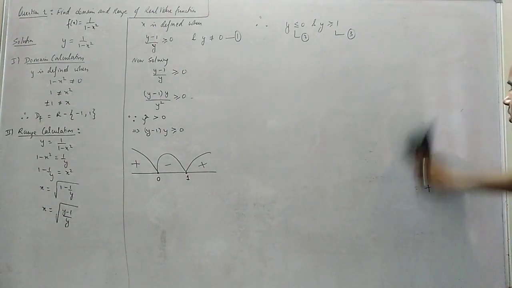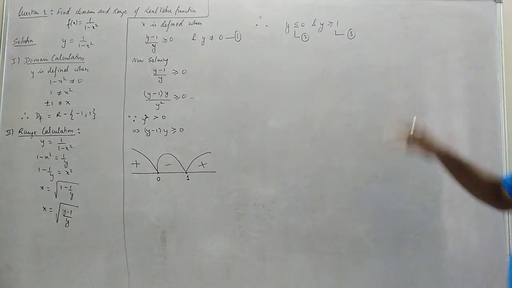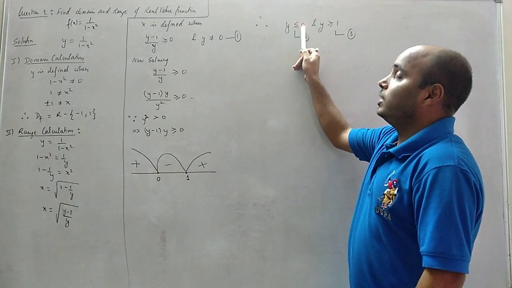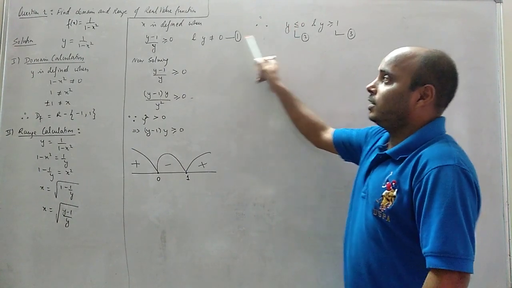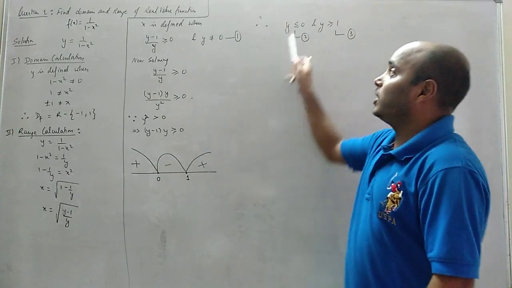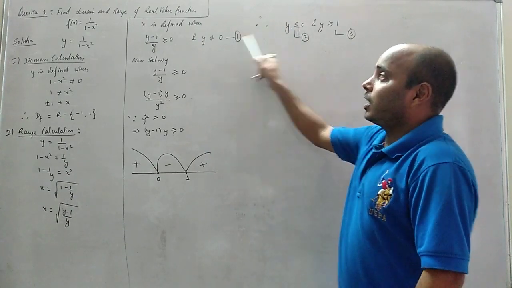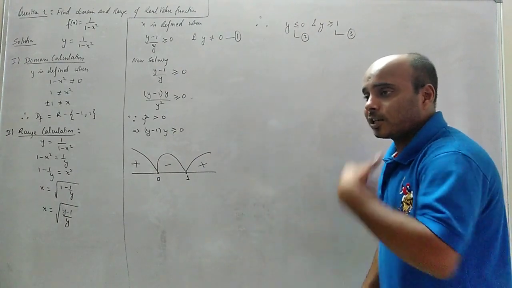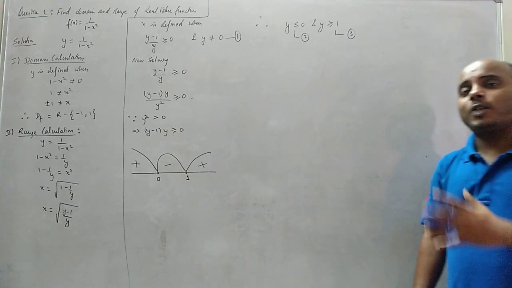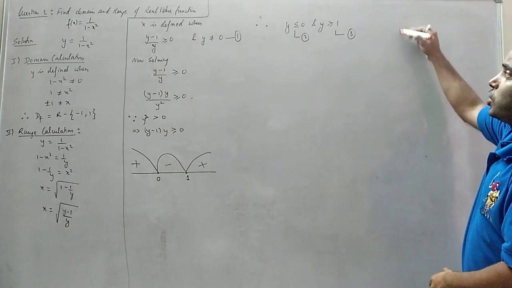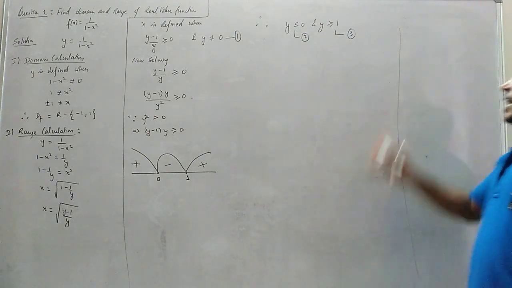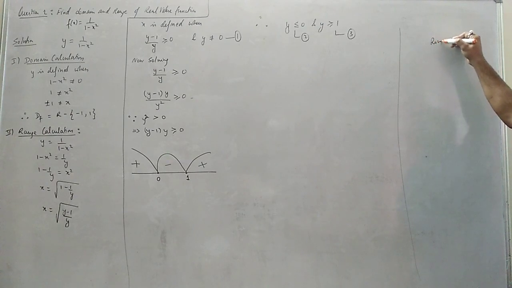Okay. Now what is the final answer then? Here you always face a contradiction. See here. This says y will be less than 0 and equals to 0, and this says y not equals to 0. So there is a contradiction. In one way we are getting y equals to 0 is possible. In another way we are getting y not equals to 0. In one method I am saying that y equals 0 is coming, in another method I am saying that y equals 0 is not coming. So how to cross check whether I will take y equals 0 or I will not take y equals 0? Okay, that cross check you will again study in rough.